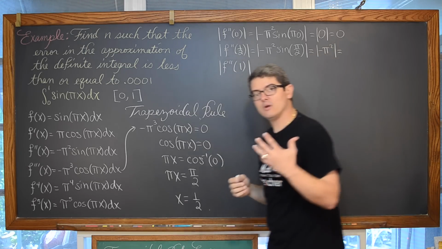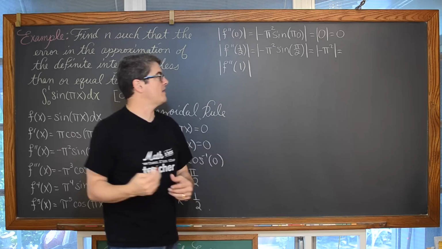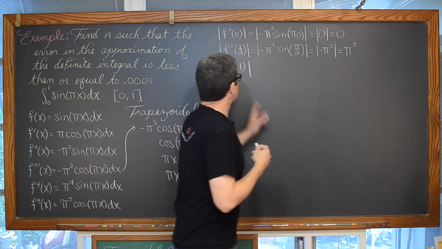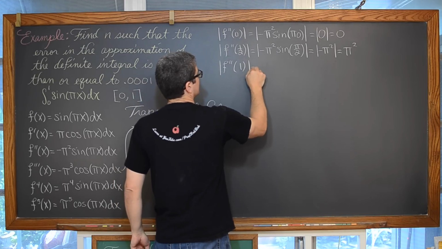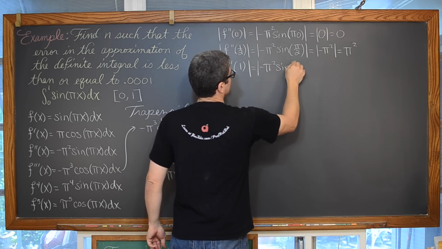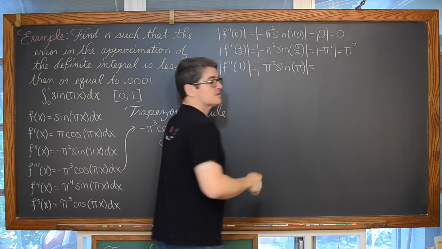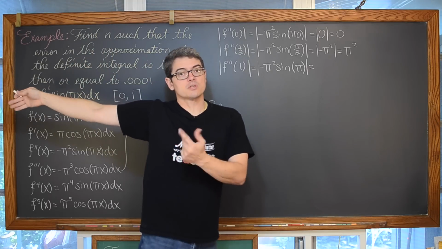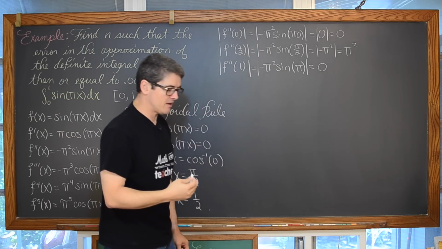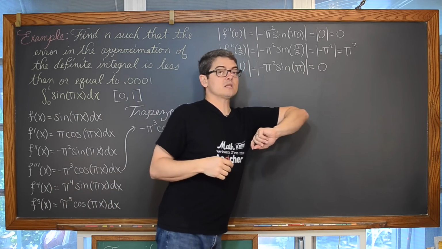And of course, now, because we're looking for the absolute value, that's going to cancel out the negative sign. And our final answer is pi squared. Going through the value of 1, that is going to be the absolute value of negative pi squared times the sine of pi times 1, or just pi. And the sine of pi is, of course, going to be 0 again. So we are looking at the maximum value of the absolute value of the second derivative on the closed interval is going to be pi squared.